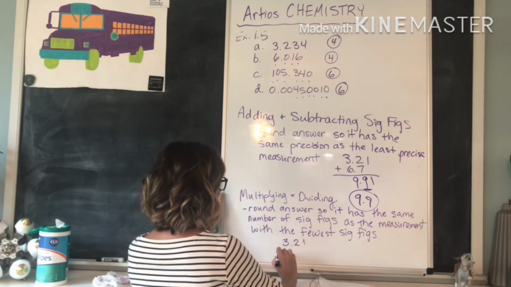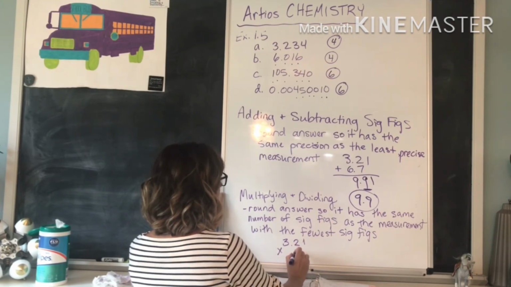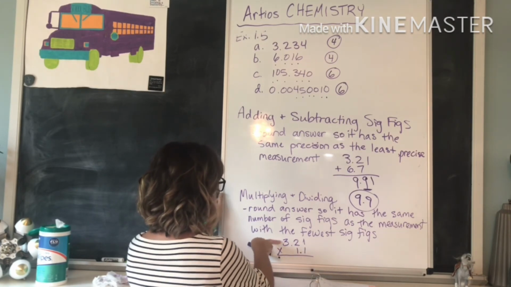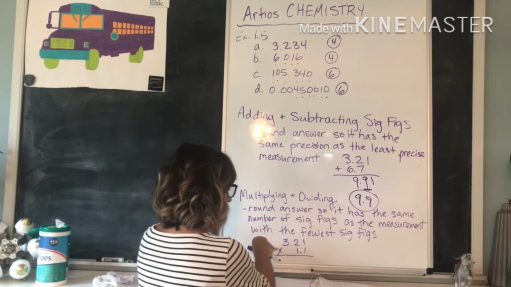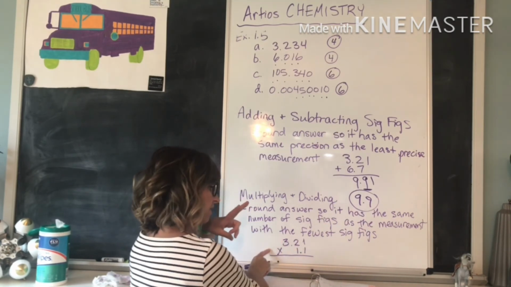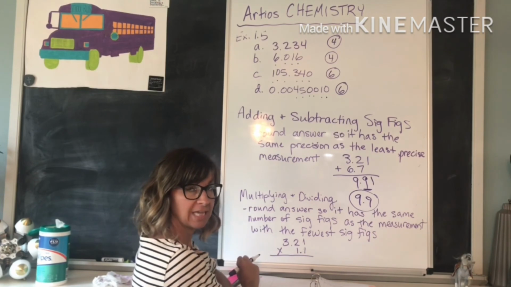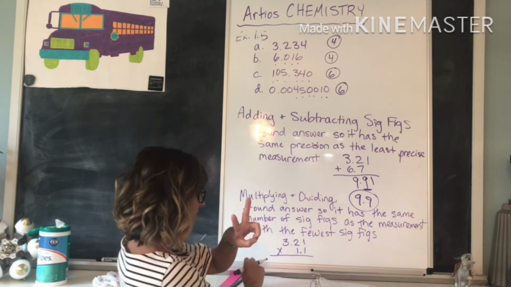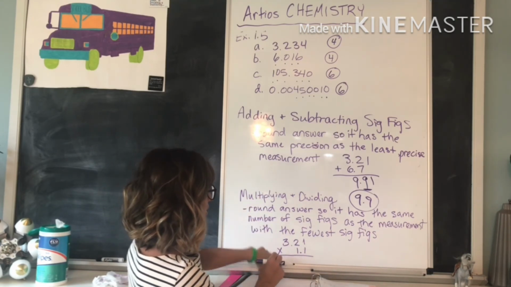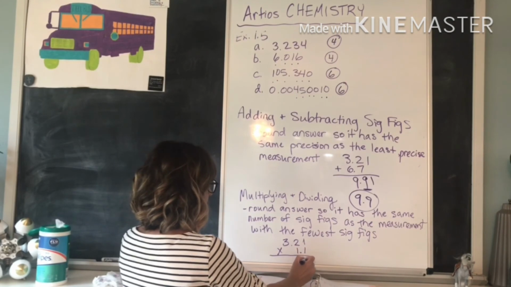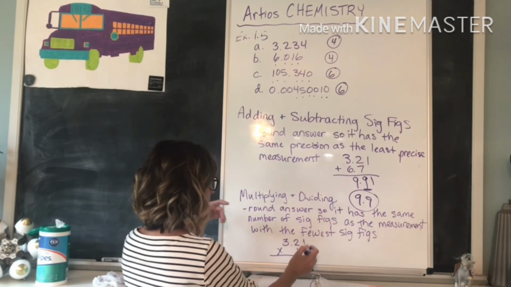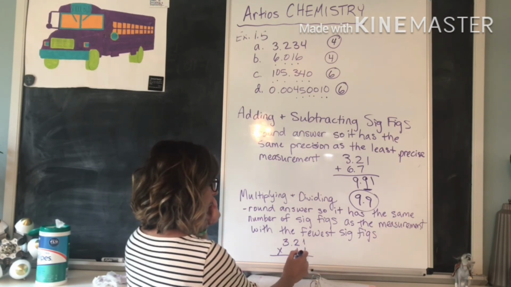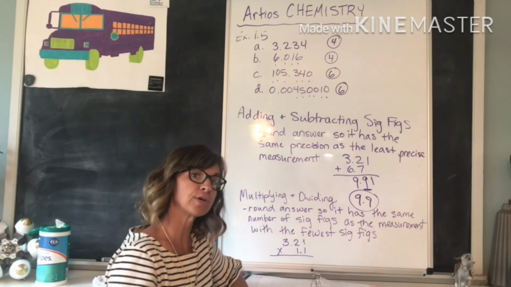Okay, so if we have 3.21 times 1.1, 3.21 has 3 significant figures, 1.1 has 2 significant figures, so our answer can only have 2 significant figures. Okay, so whatever our answer would turn out to be, I'm not going to do it right now, but you would have to round it so that you only have 2 significant figures. All right, and I will let you look at the examples in your book for more examples of those,